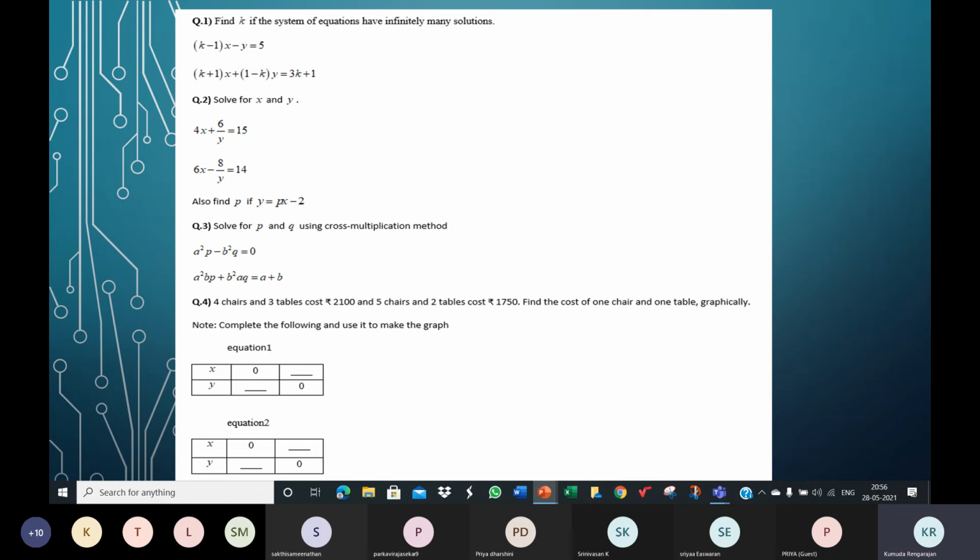Shreya, close to perfection, not perfect, because you're not getting it on 150 and 500 exactly. There is slight deviation. Parkavi is also, your lines are not meeting at 150, 500. So that accuracy is missing. Your graphs are right, all the three of you, but Srinivasan has done it accurately.